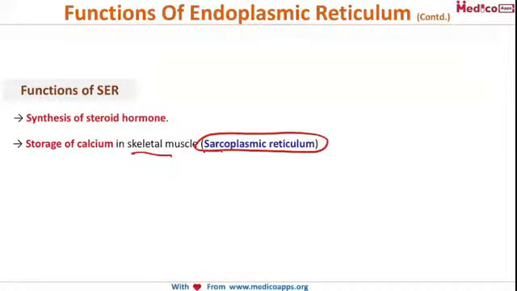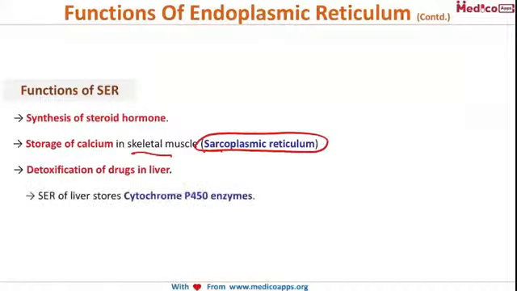And then the third one is detoxification of drugs in the liver. Then smooth endoplasmic reticulum of the liver also stores cytochrome P450 enzymes. Okay. So the main functions are synthesis of steroid hormone, number 1, storage of calcium in sarcoplasmic reticulum, detoxification of drugs in the liver, and also